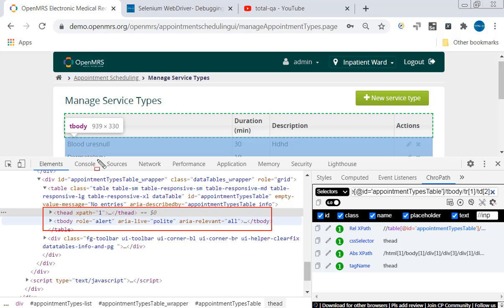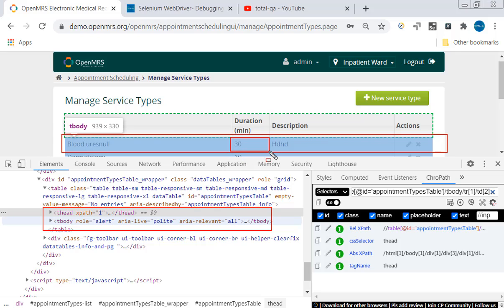Now my objective is to select the first row contents and select the table data of 2 within the table row.